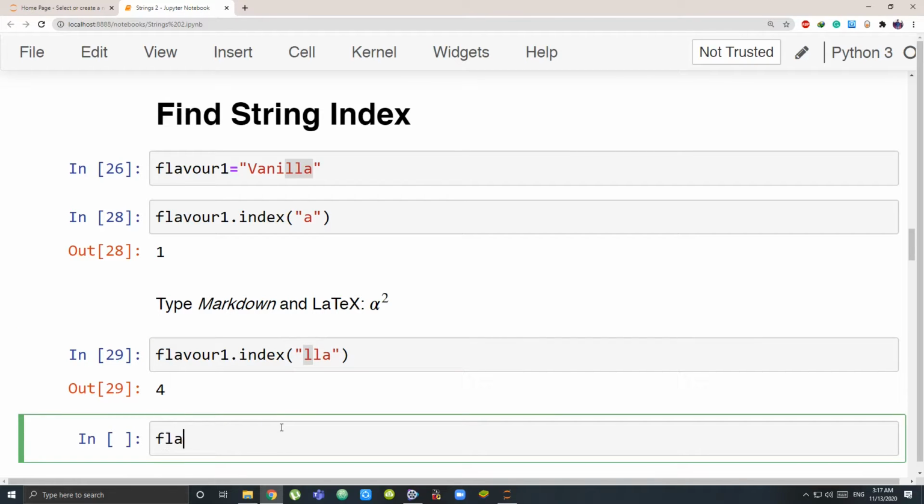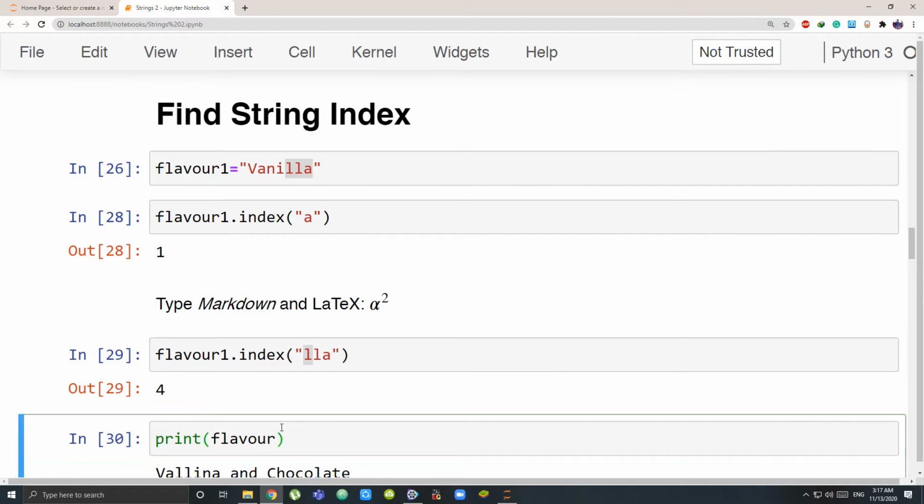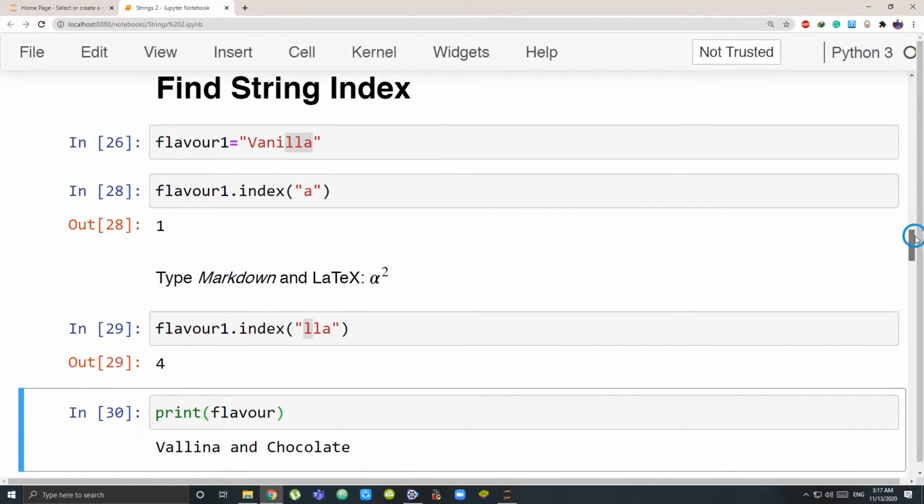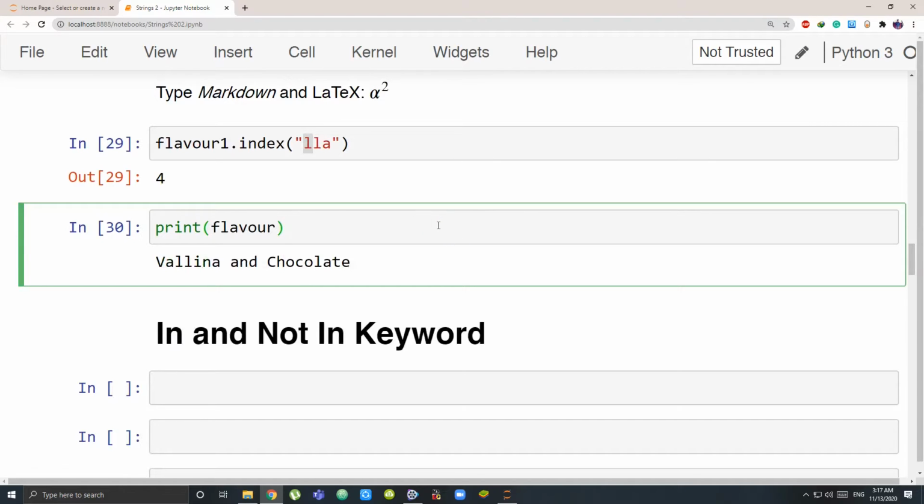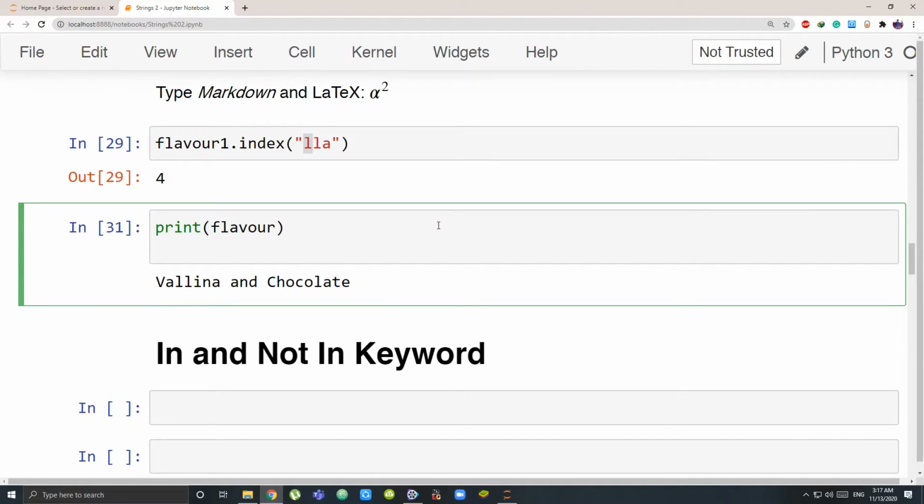Let me take my flavor. What was my flavor? Let me just remind you. Print flavor. It was vanilla and chocolate. Let's say I want to find when this vanilla ends. What is that point where and starts?